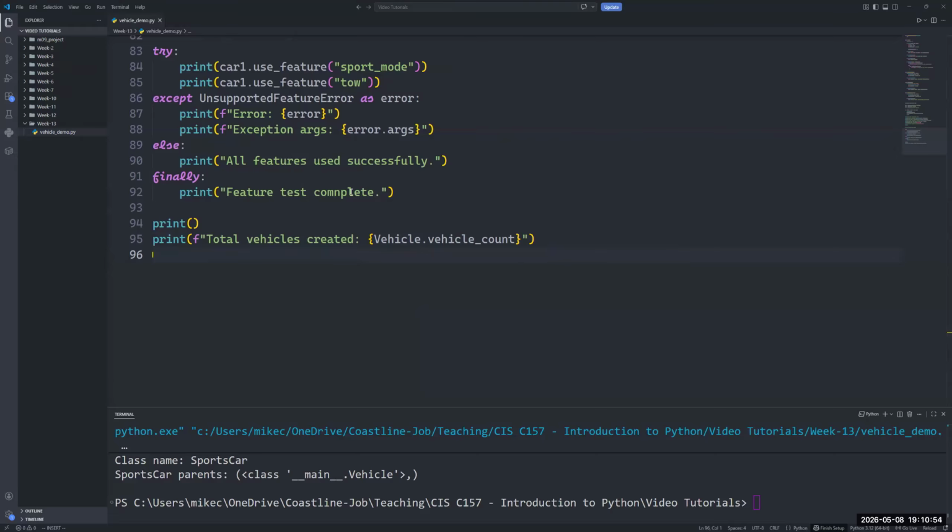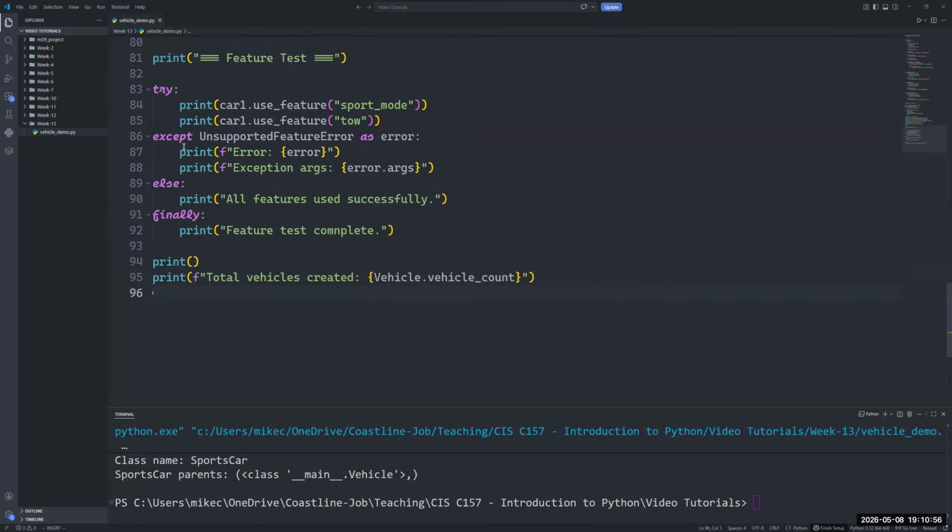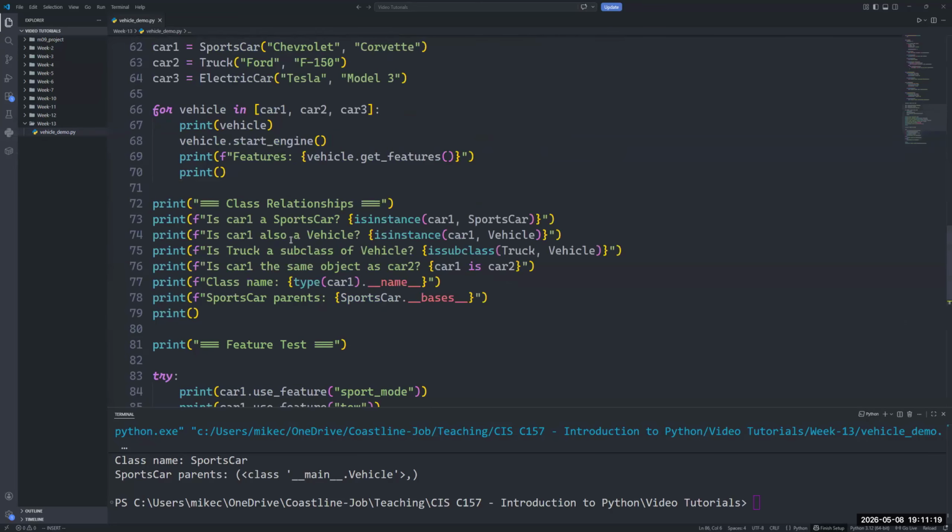Okay. Again, just as a reminder for how this logic works with this try, except, else, finally, the try block calls use feature twice. The first one we expect to work. The second one we expect to fail because the sports car does not have the tow method. This will raise an unsupported feature error as an exception. And the reason it will do that